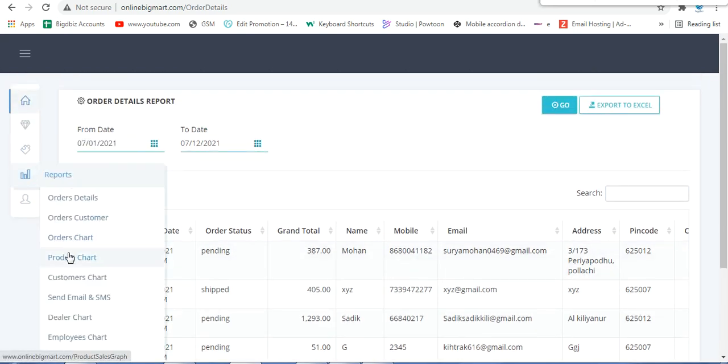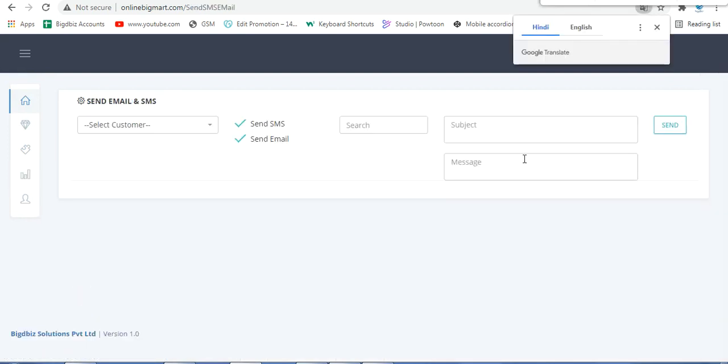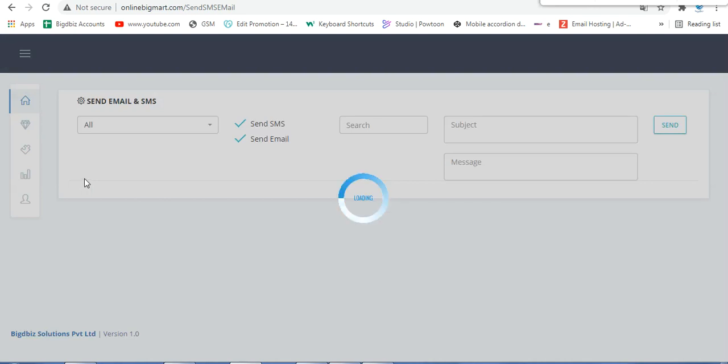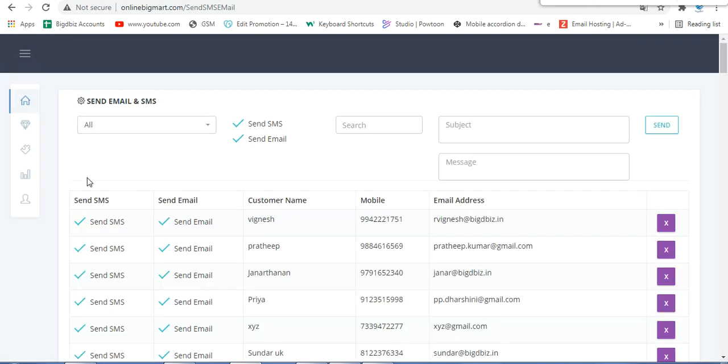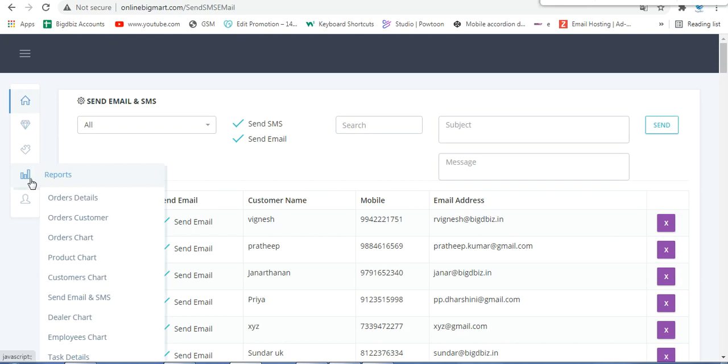And you have chart reports also, and you have the send SMS and email option. SMS is an additional cost add-on, so you can contact us for the basic details. Email is free, so you can register your email in the company master. You can send emails to your customers as a newsletter or any offer. You can send notifications to your customers from here also. For example, if you click all, you can send it to all your customers, online or offline. In company master, you have the option to categorize your offline and online customers also. So you can send it from this particular dashboard itself.